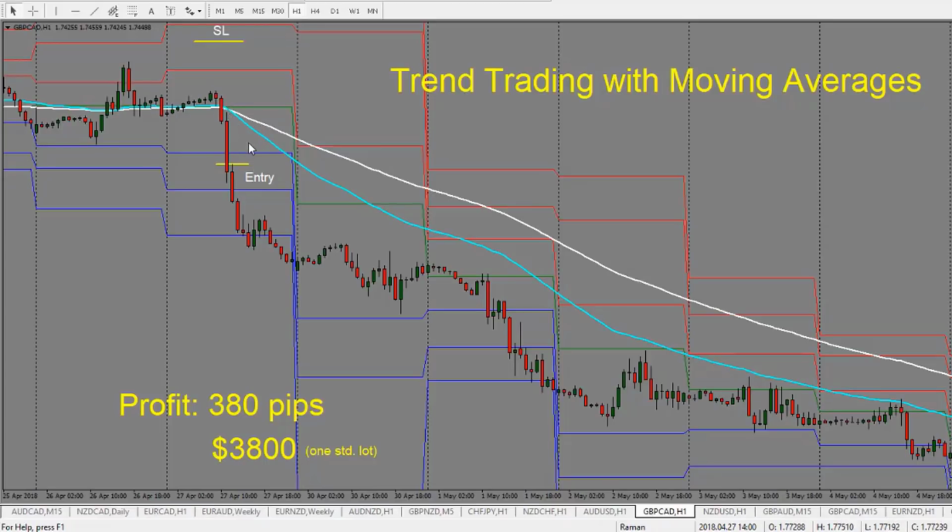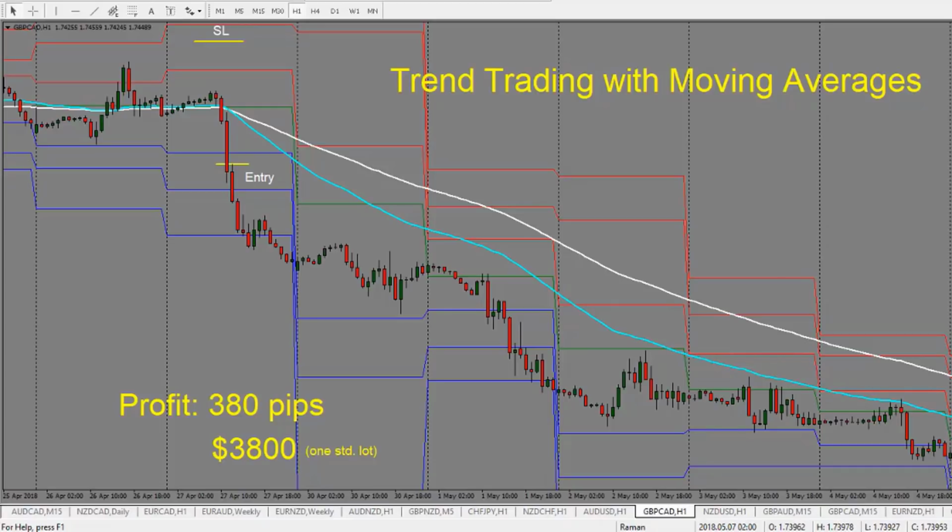We are looking for 50 to cross over 100 to the downside here, which shows us that price is going to move lower. So our entry would be after the crossover here, which will be after this candle closes here. We look for a bit of a pullback to get a better entry. Our stop goes above the previous high here, and then we stay with the trade for as long as our moving averages are